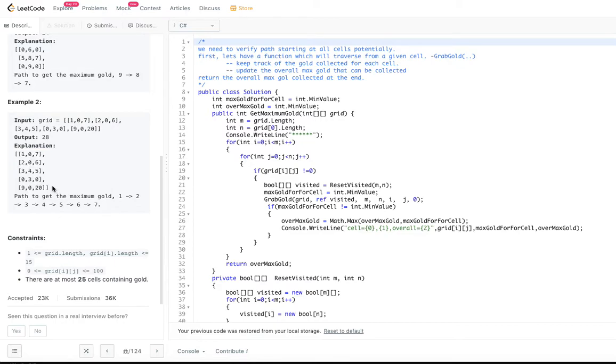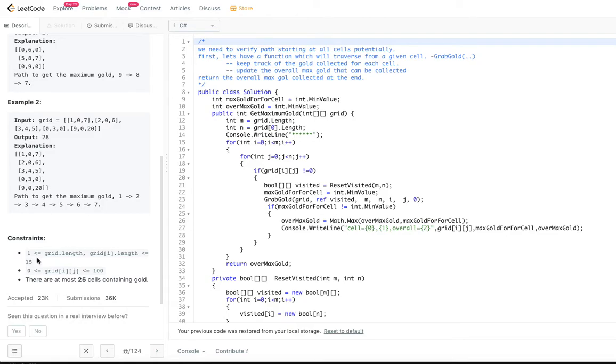So how much gold could you actually get here? There is a path from 1 all the way to 7, or you can start from 7 all the way to 1. If you go from 7 all the way to 3, it will be less, because there will be 3 more extra pieces that you can collect. If you start at 20, you can only collect 20. If you start at 9, you can only collect 9. So there are several places that you can start, and since you have cells with zeros, you will have to stop at some point. If there are no zero cells, then you will be collecting all the gold anyway.